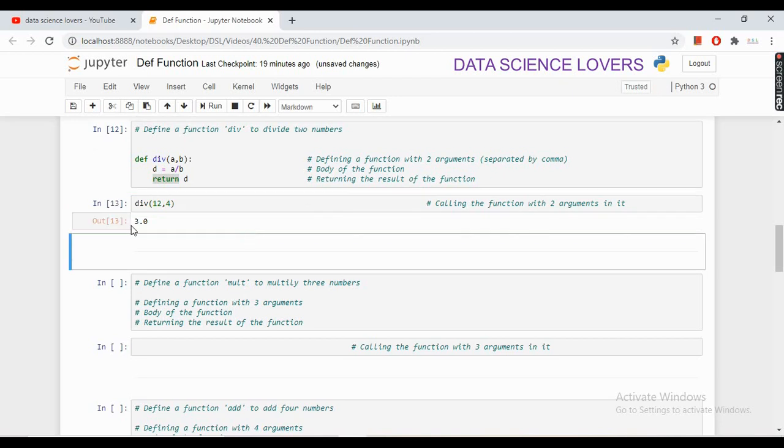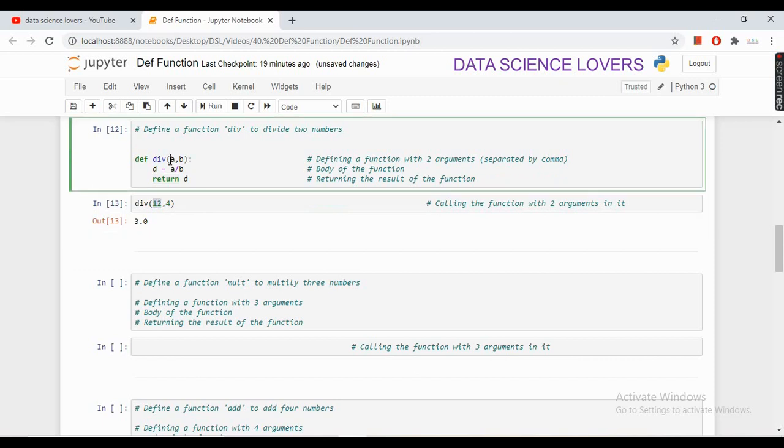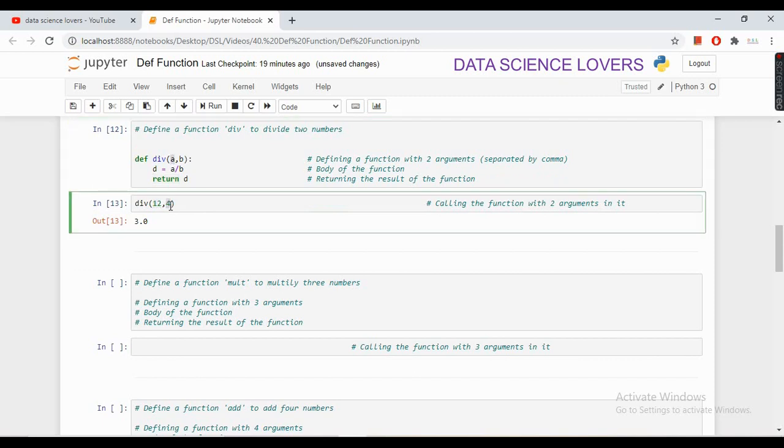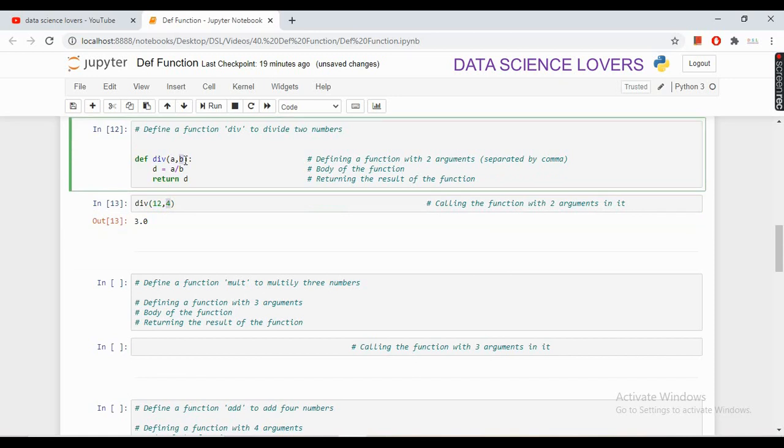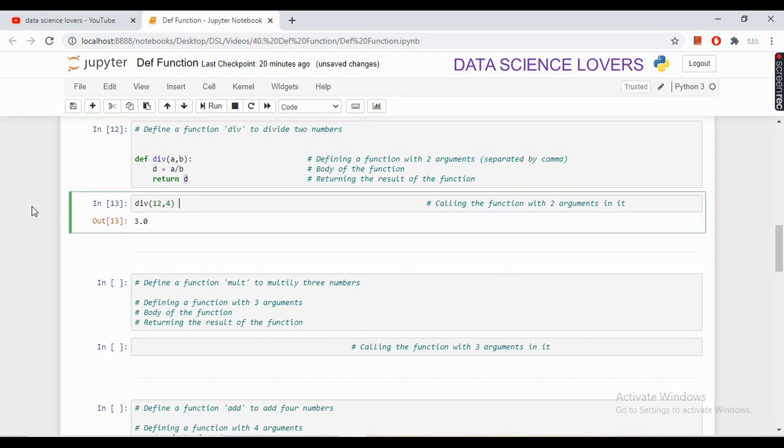If I run this, you can see that the result is 3.0. This means 12 is given to a and 4 is given to b, and 12 is divided by 4 and the output is saved in d, and in the last we have written print the value of d. So this is how this function is working.